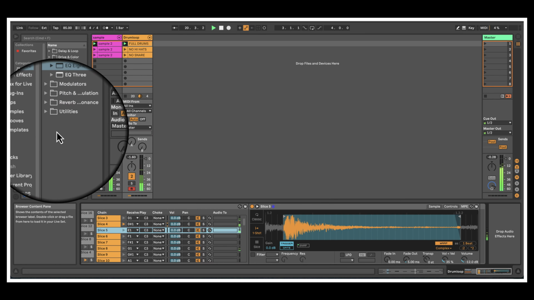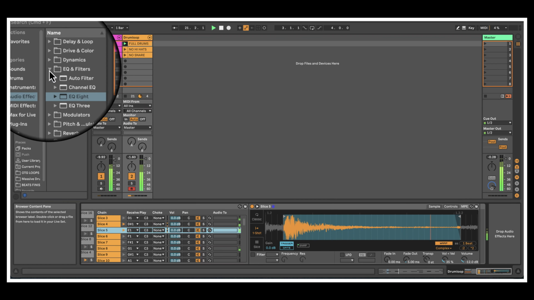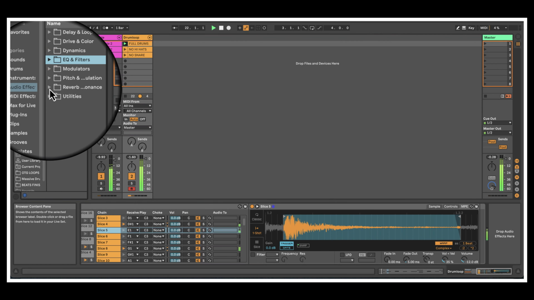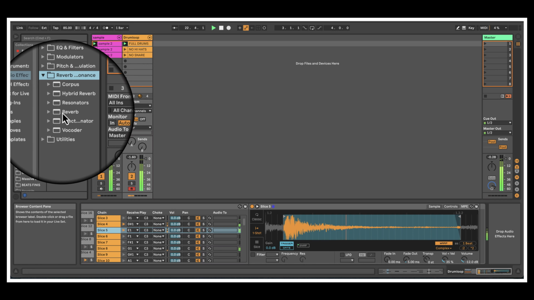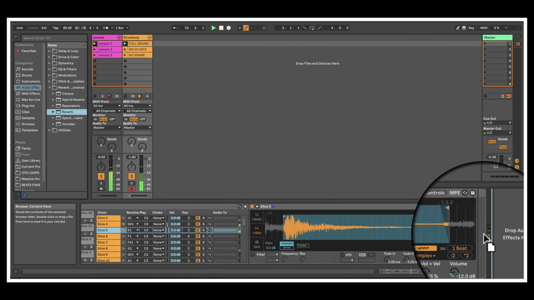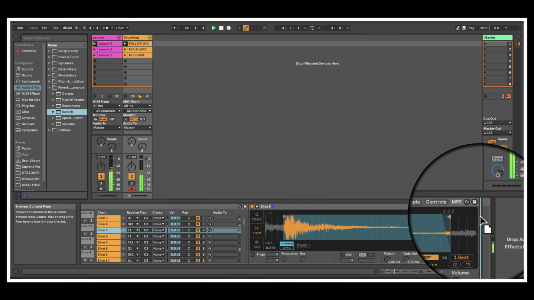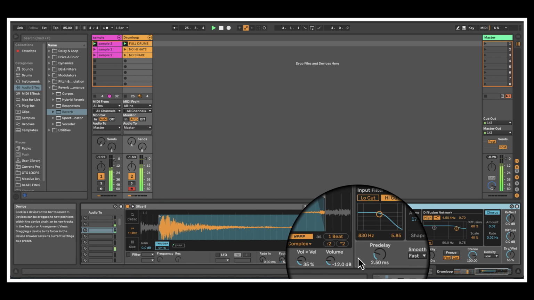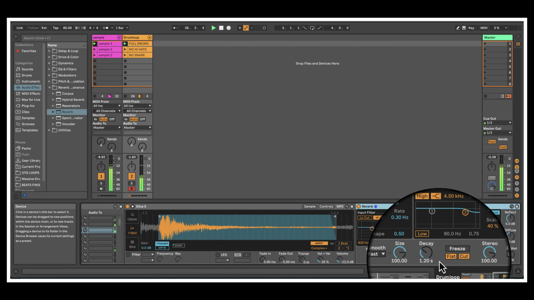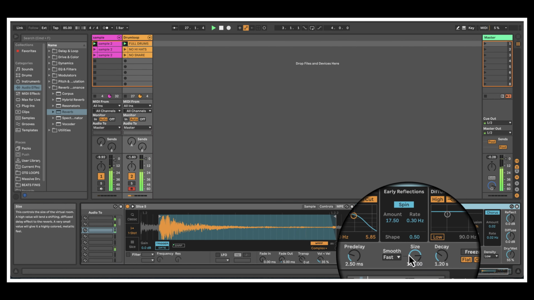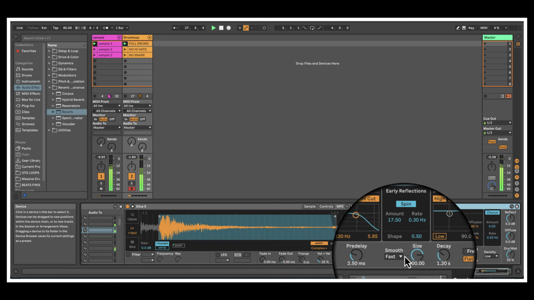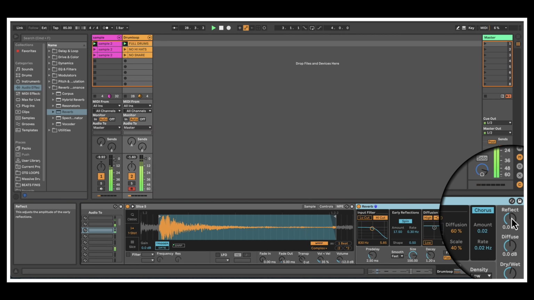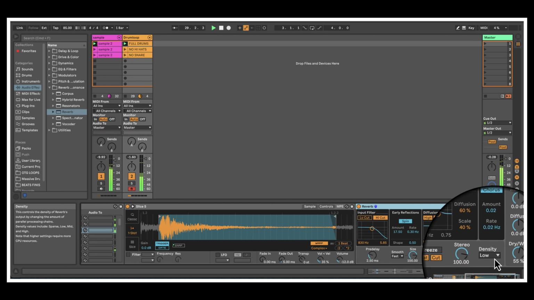So let's go over and find a reverb. We drag it right here so it's on the snare. Now, once we add this reverb, what we want to do first is